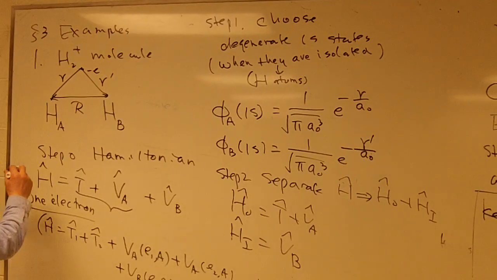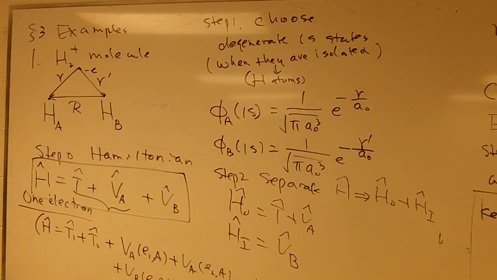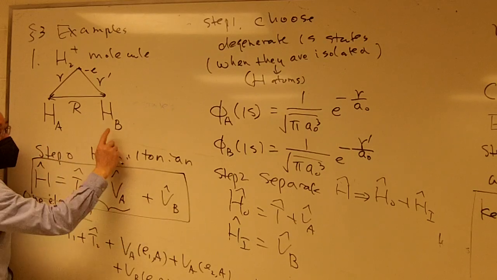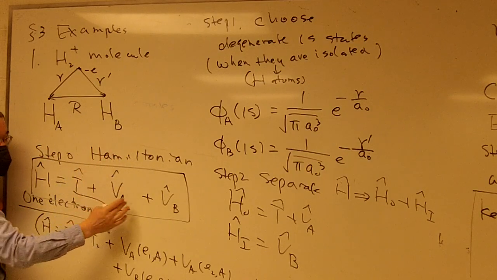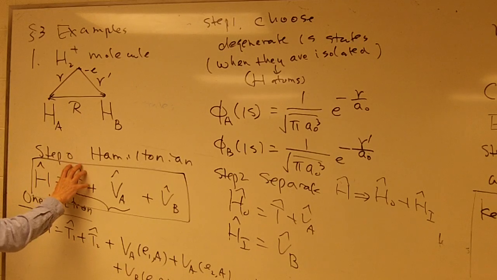So this is our Hamiltonian. It has a potential from atom number A, potential from atom number B. So we have these two potentials which are all related to each other. So in other words, we have three terms, one is this one and this one. Now what we did was,